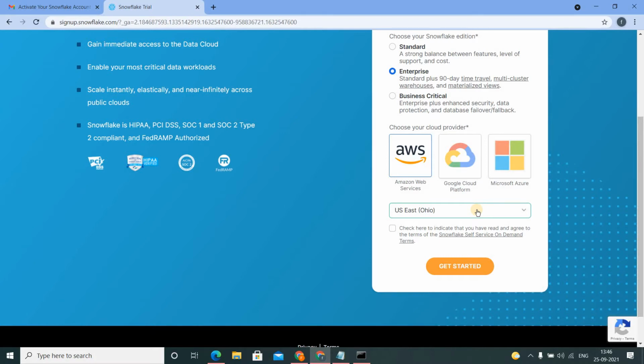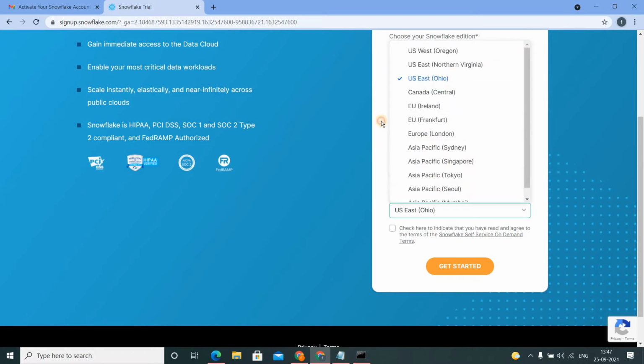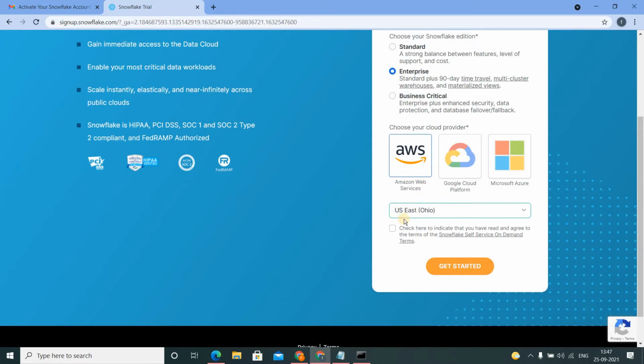If you choose otherwise, you cannot transfer the data between your account, which is in a different region, and Snowflake, which is residing in a different region. If you don't have an AWS account at all, choose a region which is near to your location. Since I have my AWS account in US East region, I am choosing this particular region and saying Get Started.